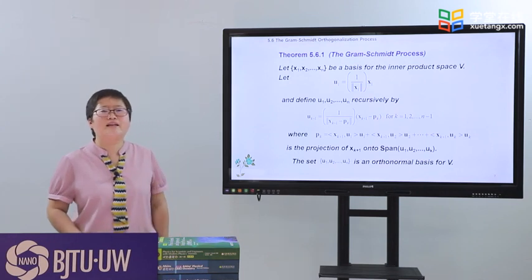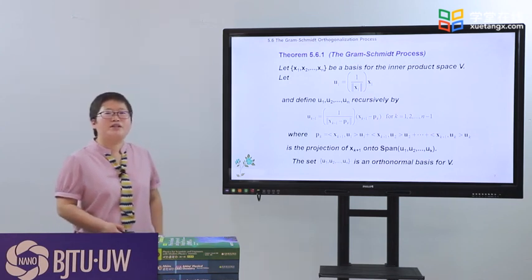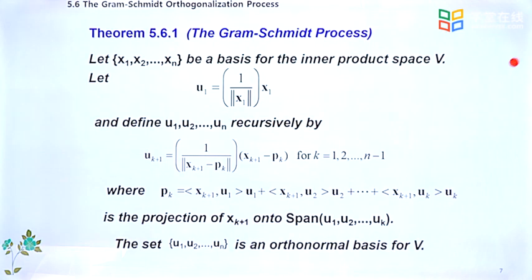So we have theorem 5.6.1, the Schmidt process. Let x1, x2 till xn be a basis for the inner product space V. Let u1 equal x1 divided by its length, and define u2 till un recursively by u(k+1) equals x(k+1) minus pk, this new vector which is orthogonal to span of u1 till uk, divided by its length, for k varying from 1, 2 till n minus 1,